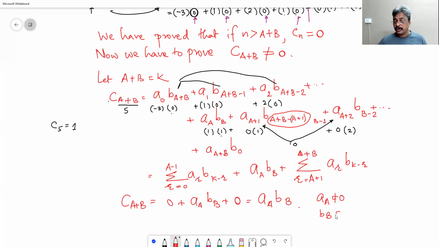BB is not 0. Therefore, C of a plus b is not 0. That is the largest term, and for every natural number n that we take greater than a plus b, we have proved that it is 0, implies by definition